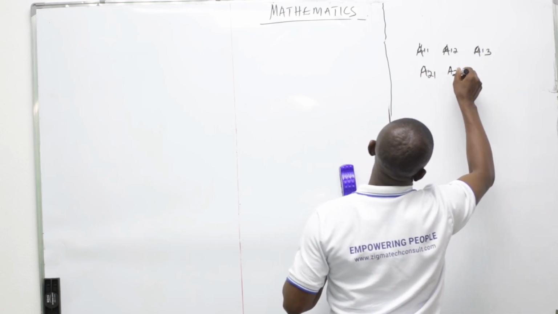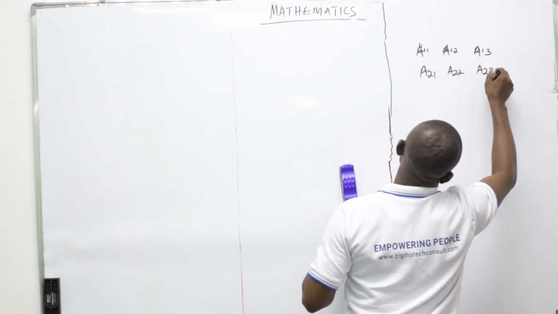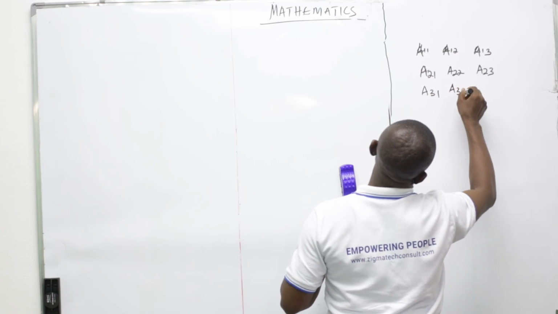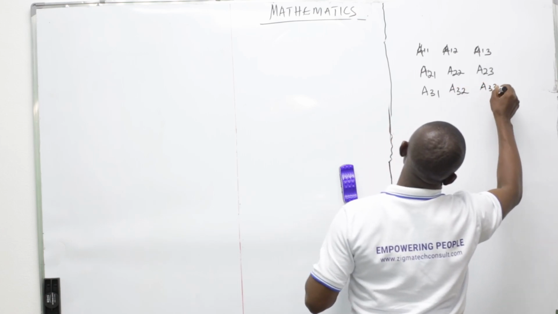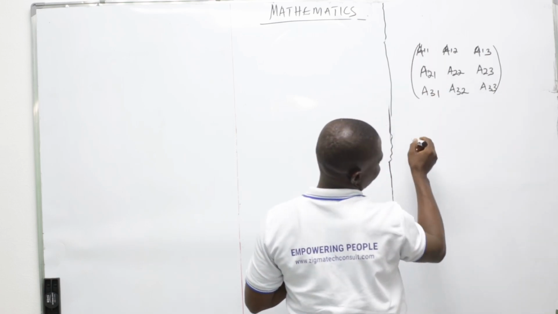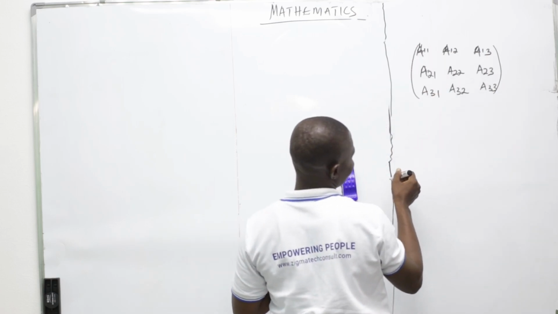A21, A22, A23, A31, A32, A33. If this is a matrix, its determinant